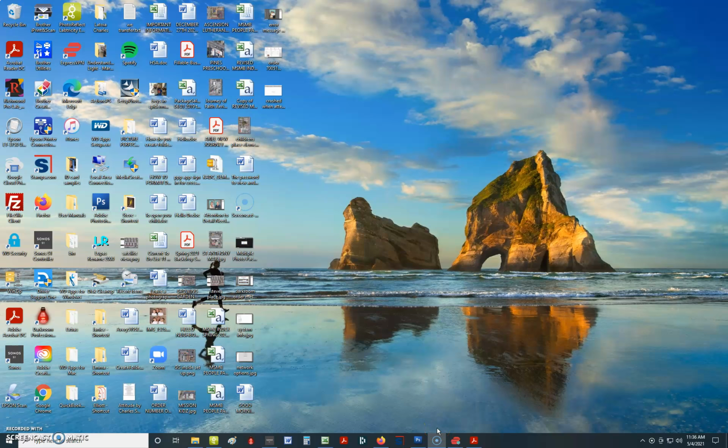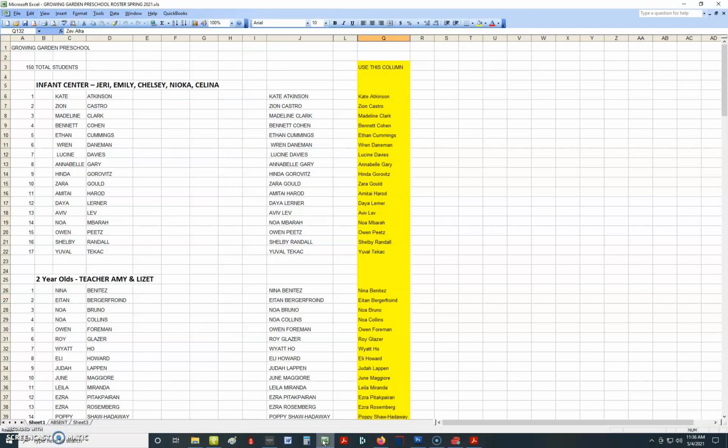Hello, in this tutorial I am going to illustrate how you create a diploma using Darkroom. We're going to be doing this for the Growing Garden preschool kids and the Infant Center kids. Let's get started. So first thing I'm going to do is open up the spreadsheet that